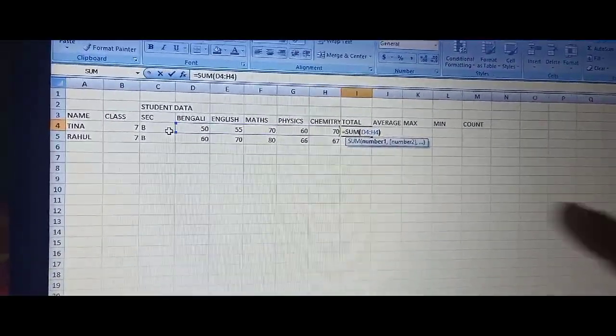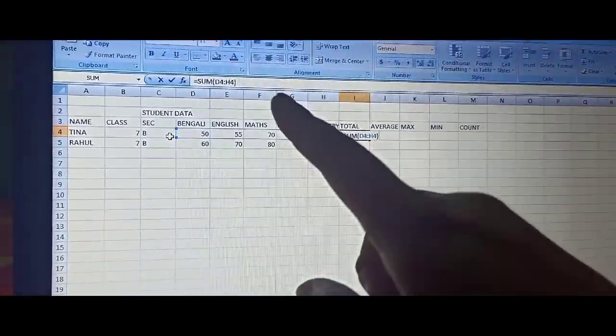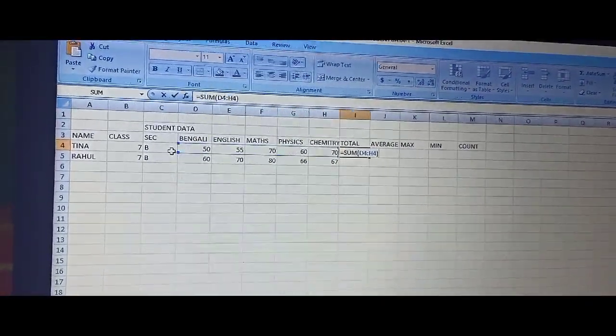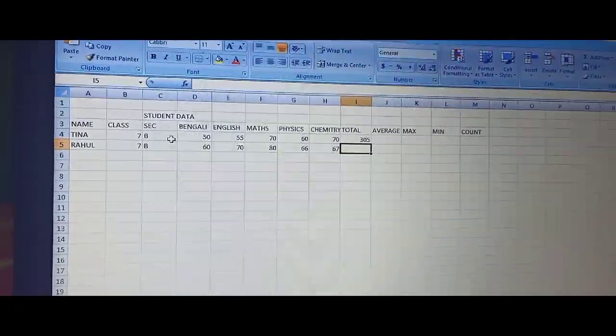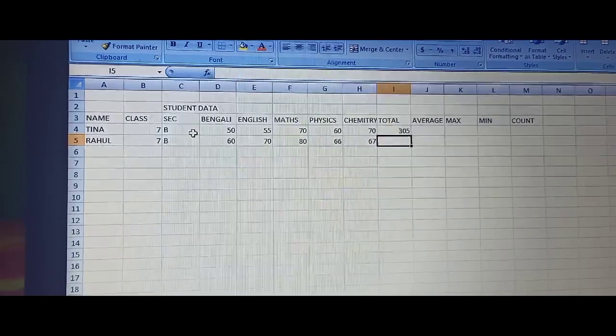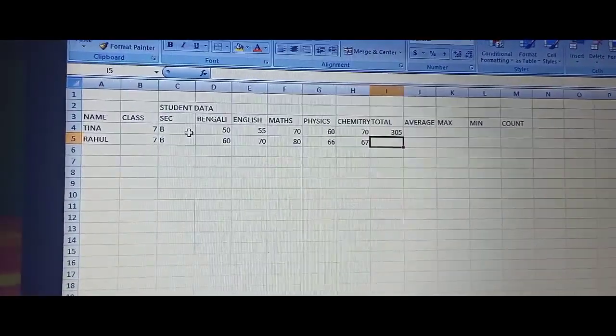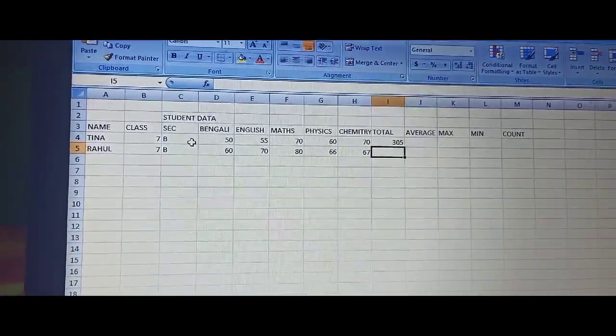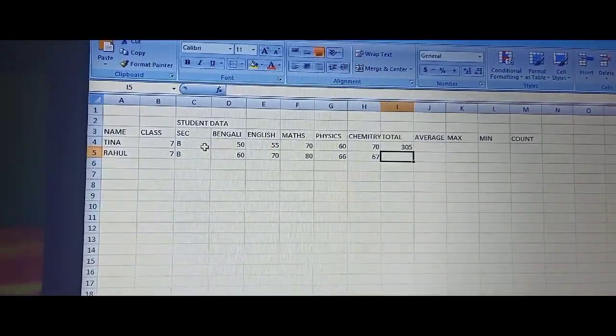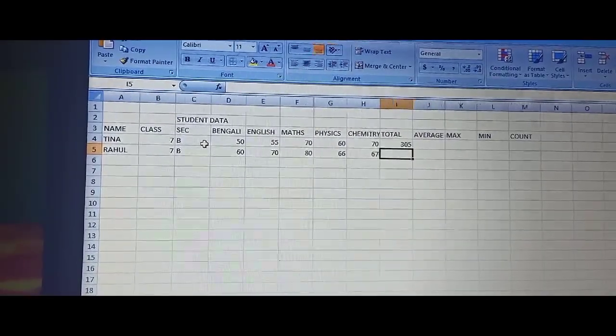Now see, all the cells are being selected. Now next what we have to do? Simply press enter. So total, this is how also we can find out. Auto sum is also there, but we will learn this one only, and you are going to use these formulas for finding the sum in your exam.